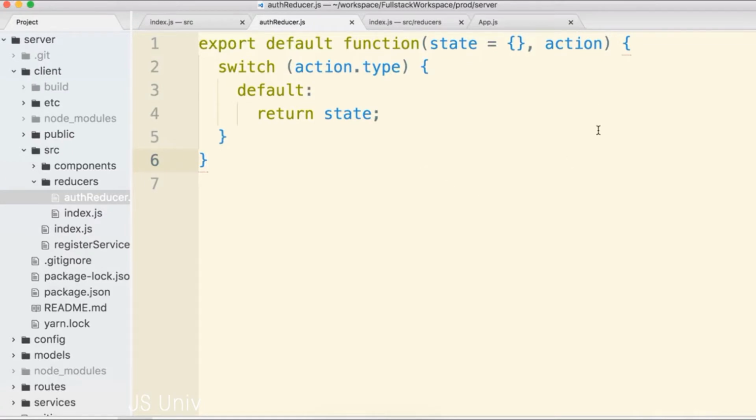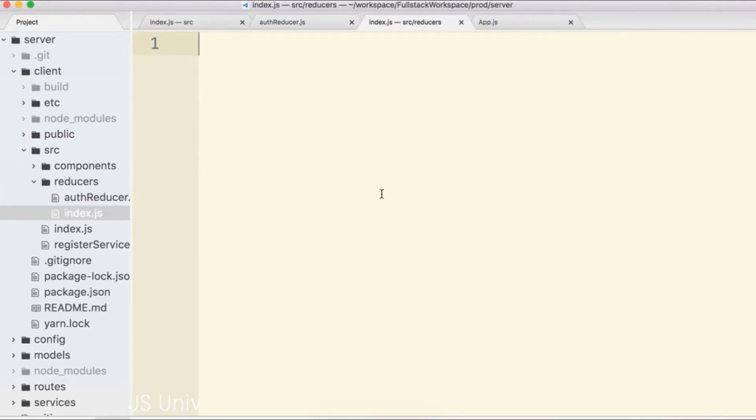In the last section, we put together our initial implementation of the auth reducer. We're now going to change over to our reducers index.js file. So it should be empty right now. Make sure you're not looking at the index.js file in the src directory. We're going to import the auth reducer into here. We're going to combine it with a combineReducers call, thanks to the Redux library, and then immediately export it